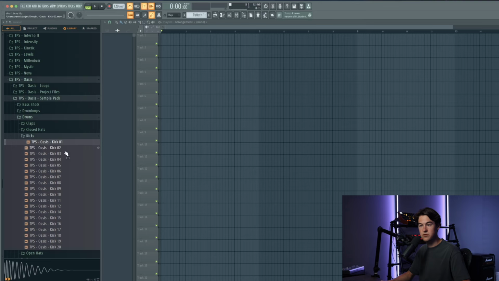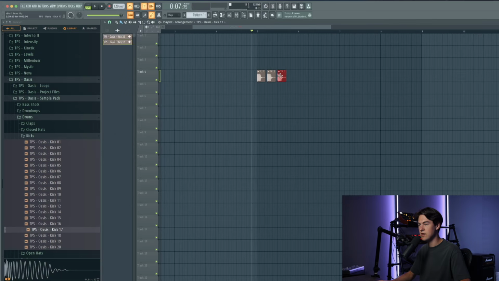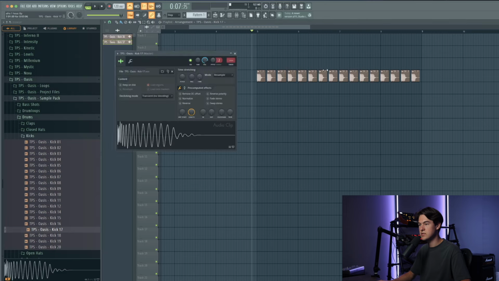Let's preview some samples from our Oasis pack. This one is nice and deep, but I want to find a kick that's a little bit more punchy and harder. Something like that could work. I think I really like this one. It's pretty punchy. Let's drag it in there and get a loop going so we can start building the track. Let's lower down the volume